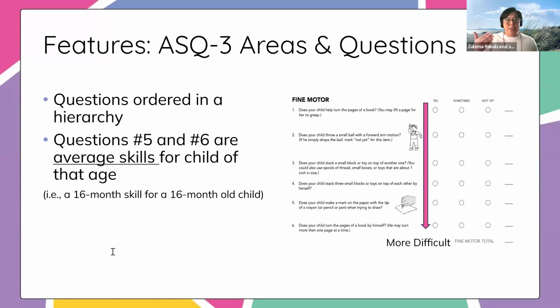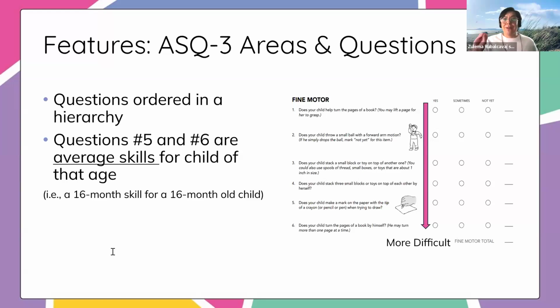So 5 domains, 6 questions. This is going to help us start to look at that interpretation piece, which is really how these questions are ordered, right? So these are ordered in what they call a hierarchical order, which basically means easy to hard, right? And I'm going to use the example of a 16-month questionnaire because that's the one that I have in your handouts.